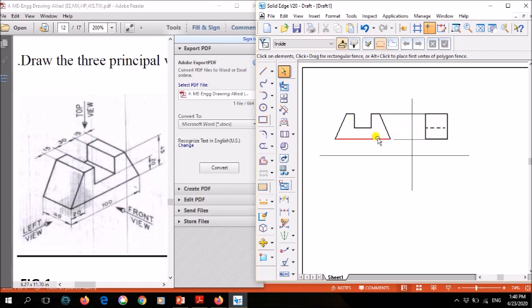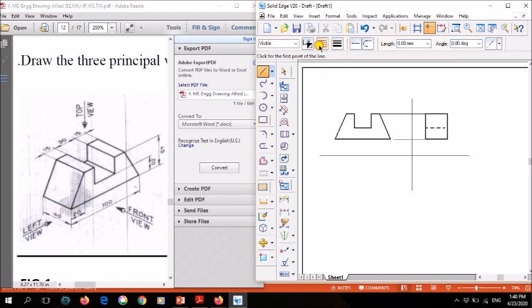Now I have drawn my front view and the left view. So I'll draw the top view. Same way, select thin line. This is your top view. Here one face, second face, third face, fourth face, and fifth face. Five faces are visible if you are seeing from here. So from the top view, this face is visible, this face is visible, and so on.